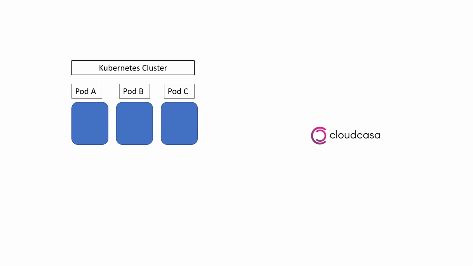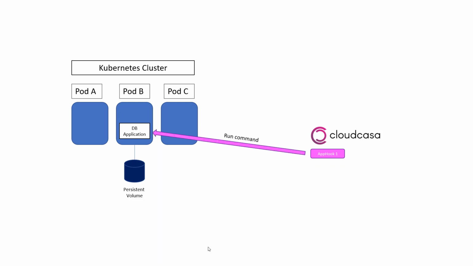As an example, let's say I had a database or application running in my Kubernetes cluster, which I need to perform a series of commands on before taking a snapshot of the persistent volume data tied to that pod. In this case, I could use the application hook functionality to quiesce that database prior to taking a snapshot of the cluster in order to ensure the application consistency of the stateful data residing on the persistent volume tied to